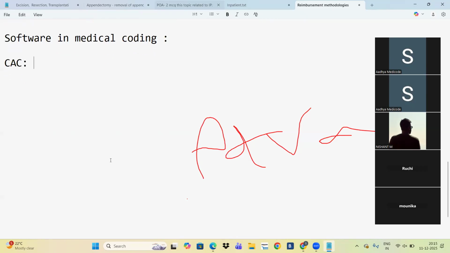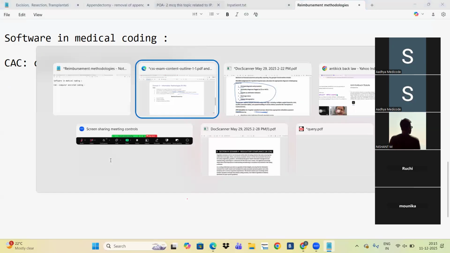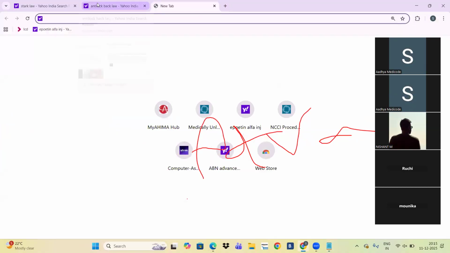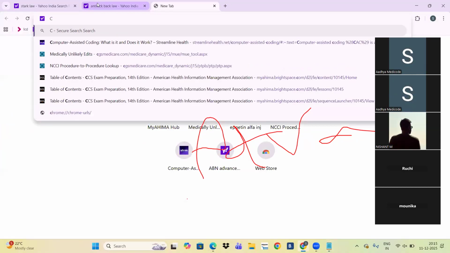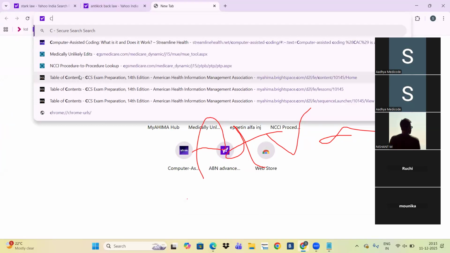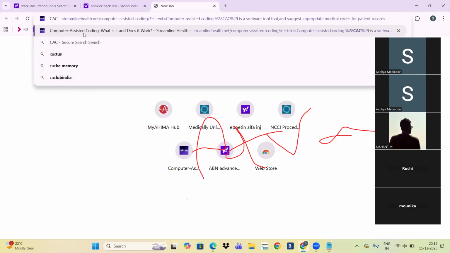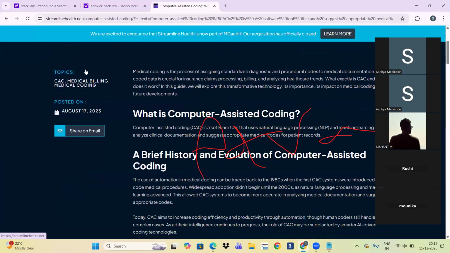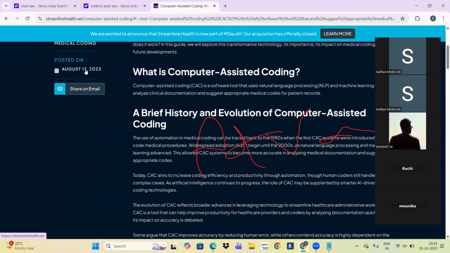CAC means computer assisted coding. What is the meaning of CAC software, computer assisted coding?